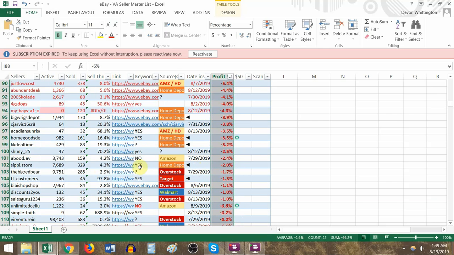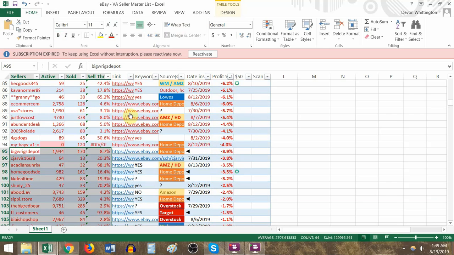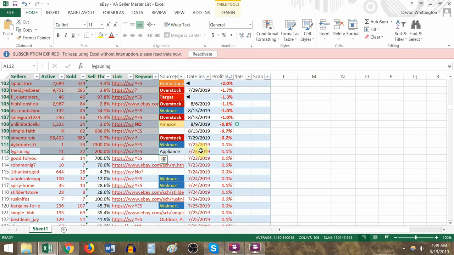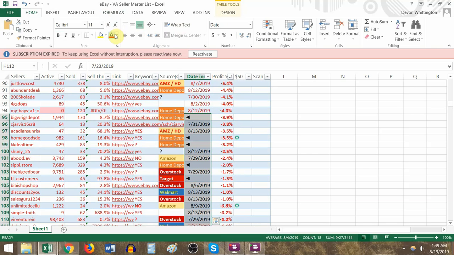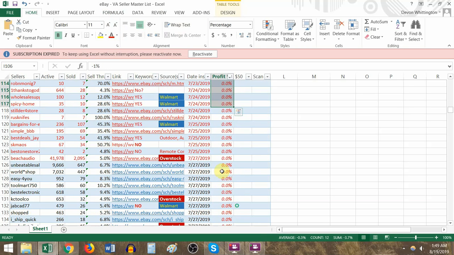But that's a little too sophisticated at the moment. We're going to go ahead and stick with the basics and mark these as red and come back to them in the future. So there we are. So these are all the negatives. We basically want to just ignore all of these negatives